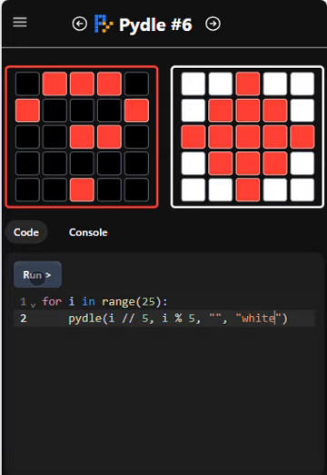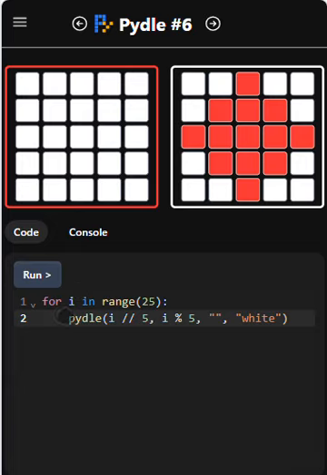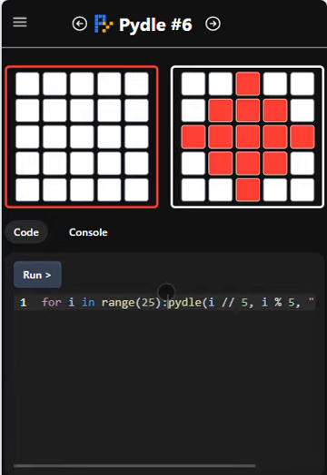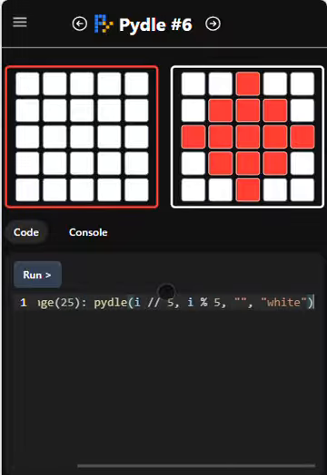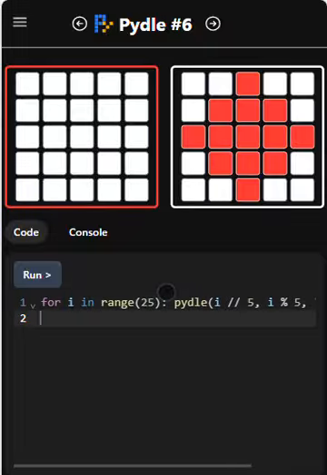Okay. And I'm just gonna put that on one line because it's just a single statement in the for loop. We can get away with that on one line. Okay, so